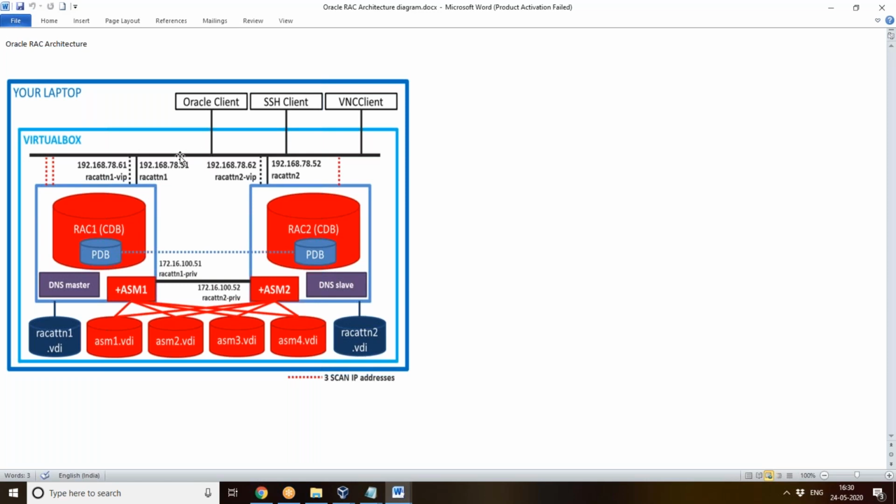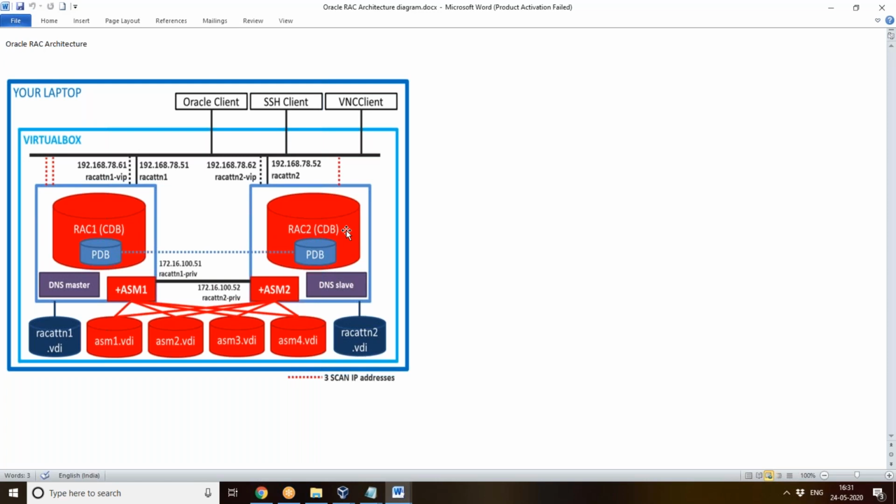Because if this public IP is not getting connected, this VIP will fail over to the other VIP, so that even if this instance gets crashed and the public IP is not able to access this particular instance, this application can connect through this VIP to the other instance.